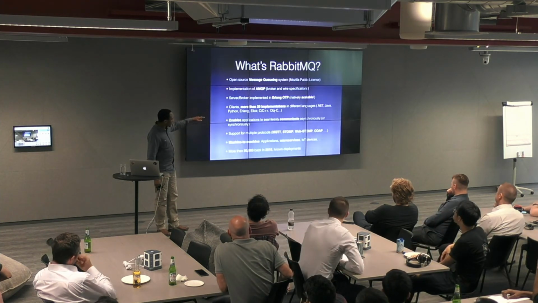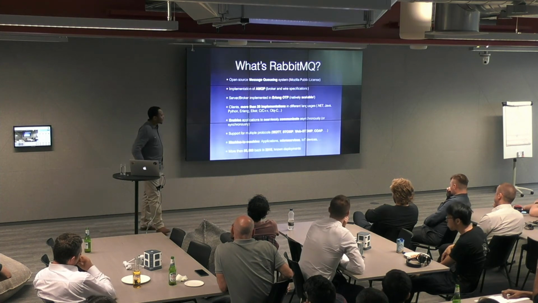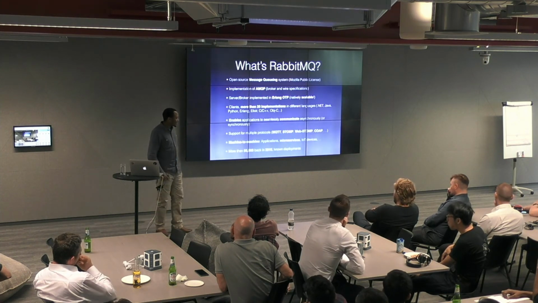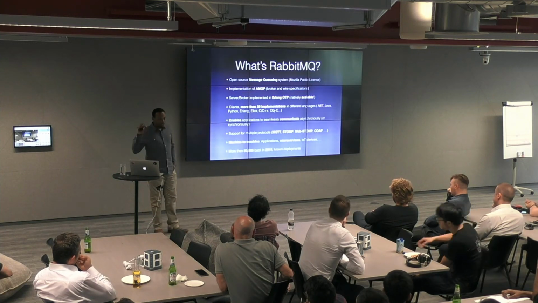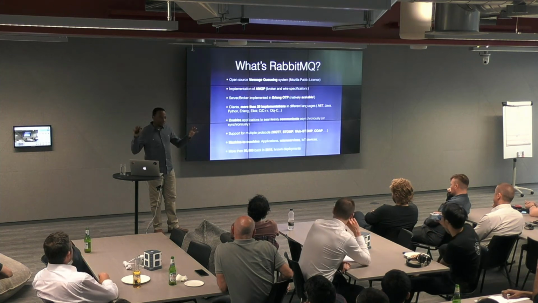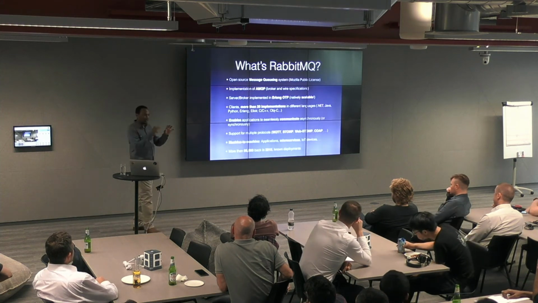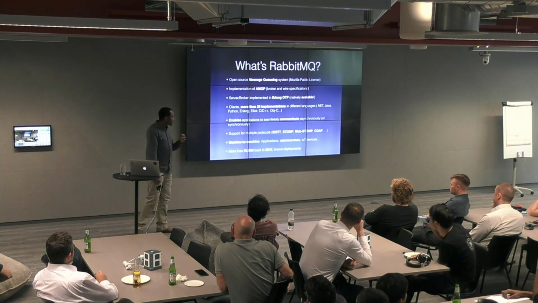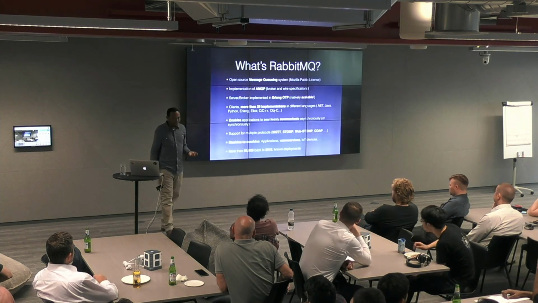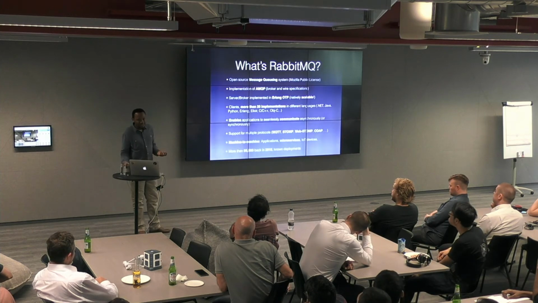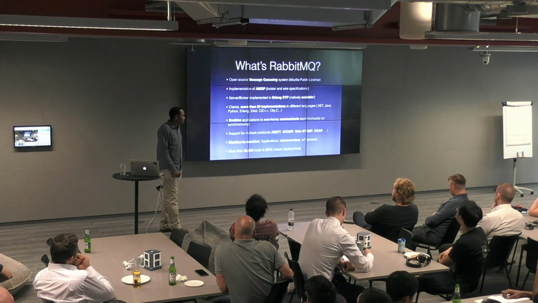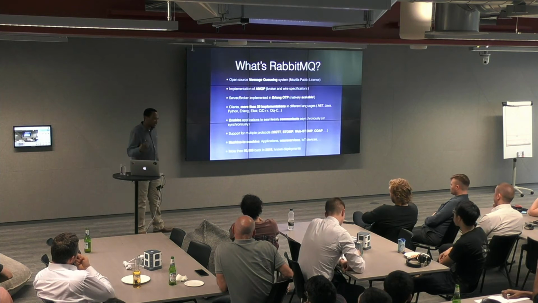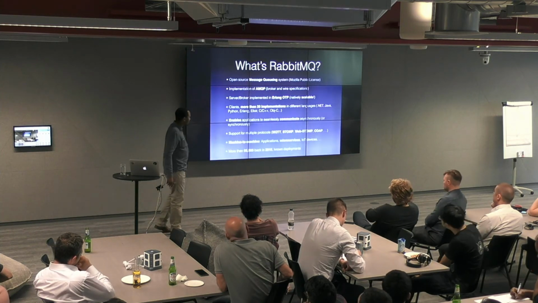So that's on the broker side, and then on the client side there are more than 20 implementations of AMQP, because all you need is a client and server, and you need an AMQP compliant client interacting with an AMQP broker. Like Rabbit, an alternative is Microsoft Azure Service Bus, which is on AMQP 1.0. We've got about 20 open source implementations in different languages, and you can just take these and use them in your application.